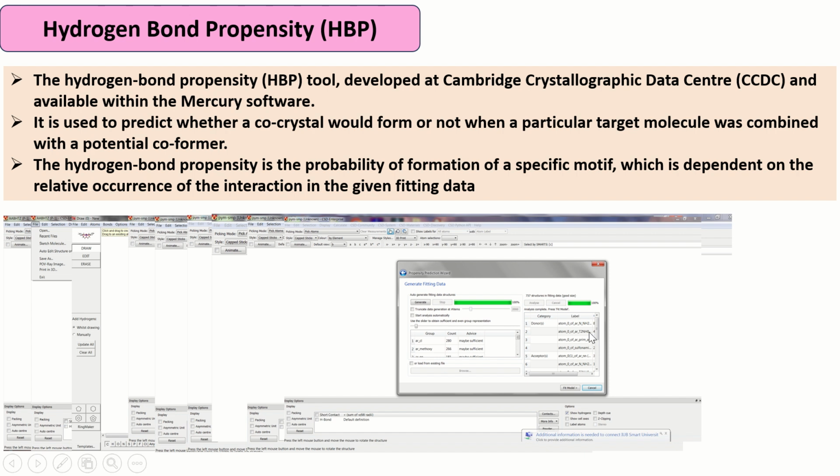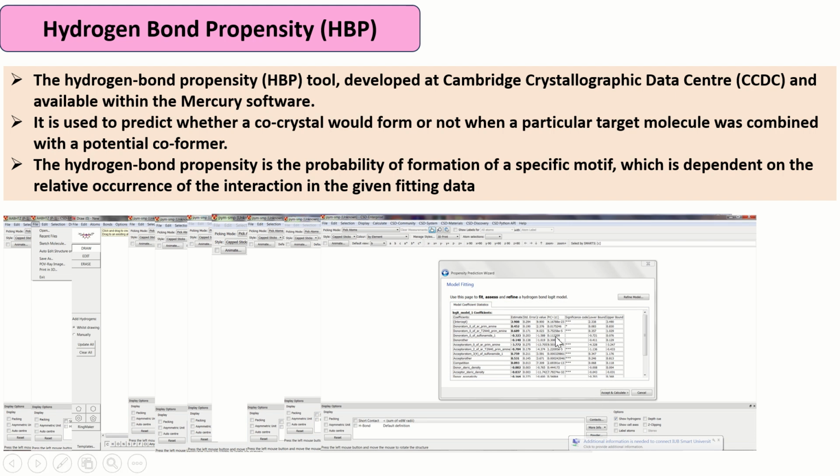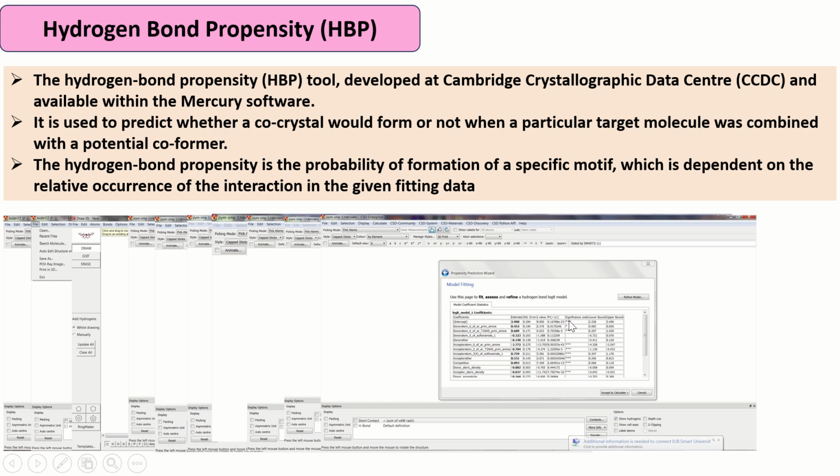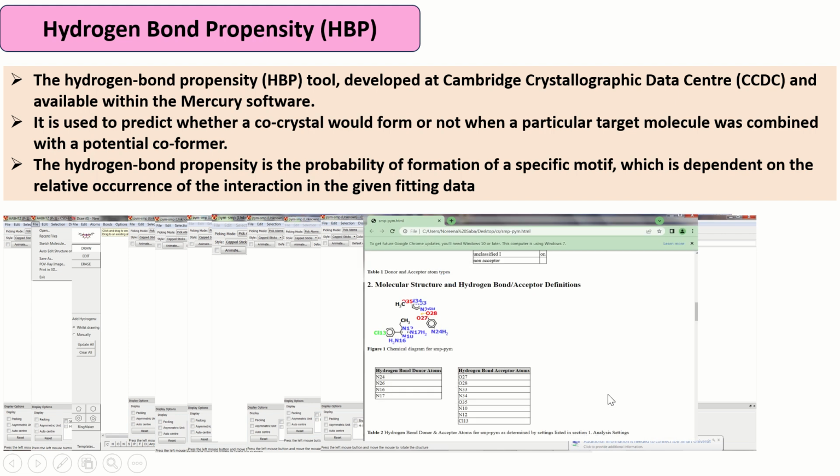I repeat again. You have to ignore those values which have a large number in the true bar and false bar and a small number in the true bar. And then you will click on fit model, and after that you will get this screen, and on this screen you click accept and calculate. When you accept and calculate, the file will be saved automatically, and when you open this